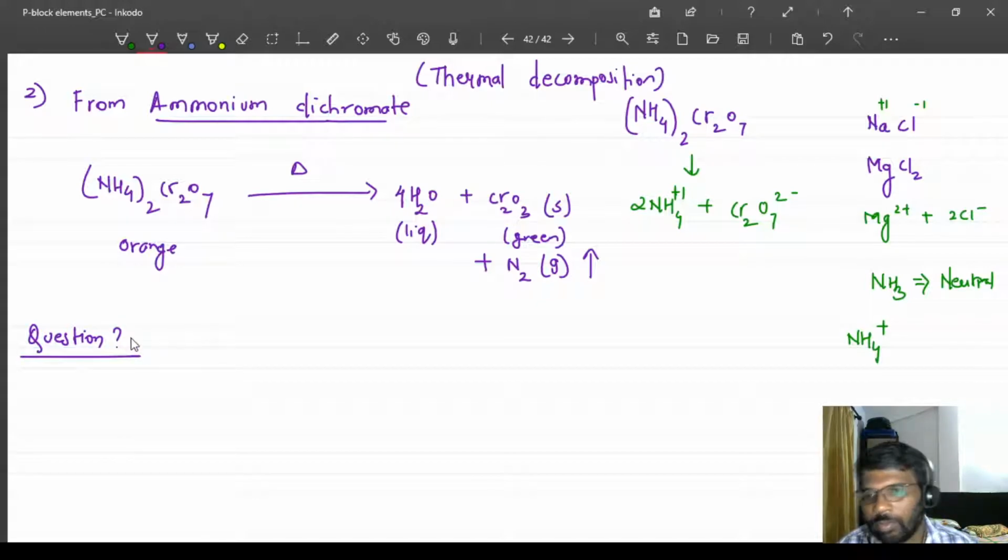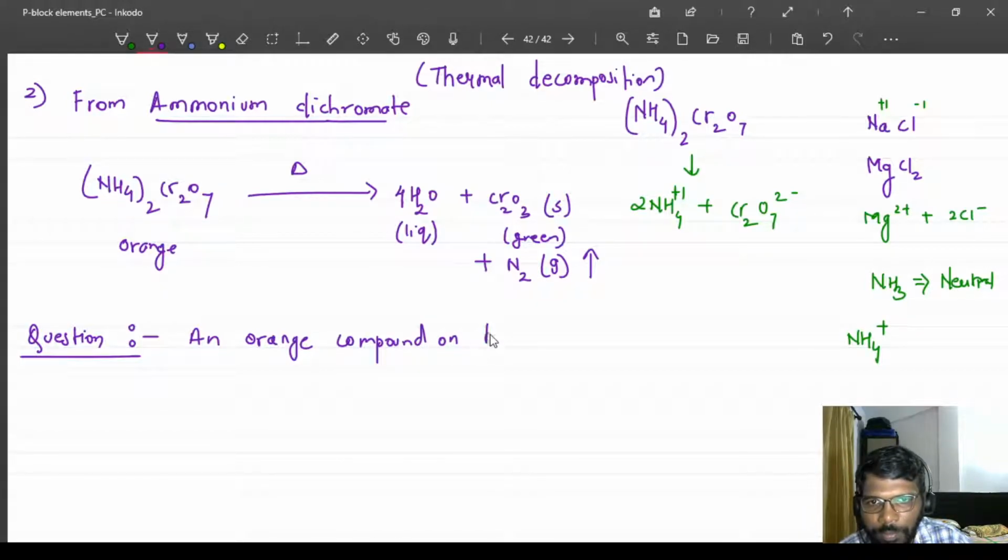Question. Right, right. Question could be like this. An orange compound on heating gives a green compound